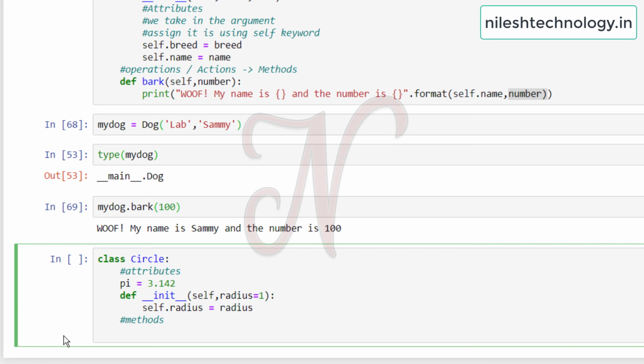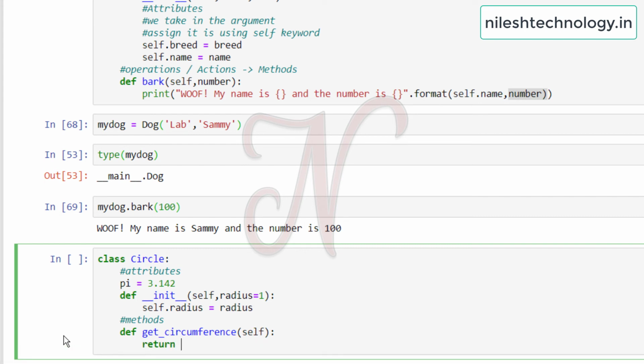Def get_circumference. The parameter is self. The formula for the circumference of a circle is 2 pi r. So 2 into, here we access the pi attribute using the self keyword, self.pi, because pi is an attribute of the class, not a parameter.